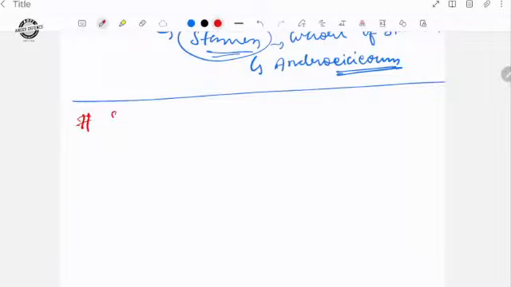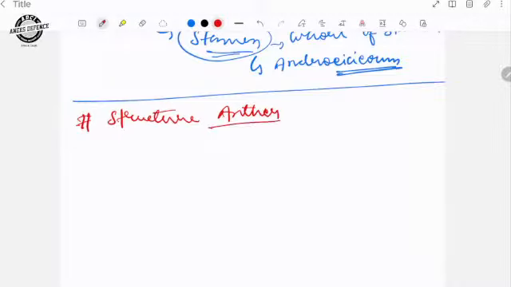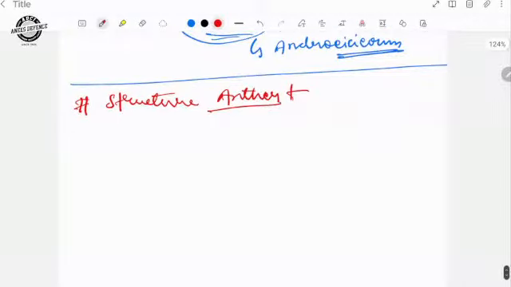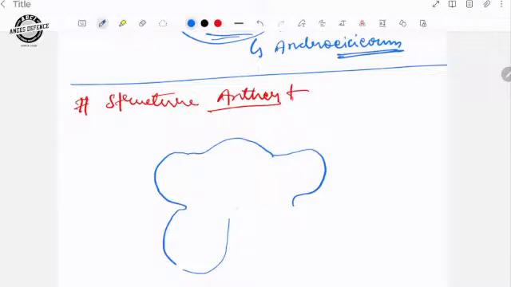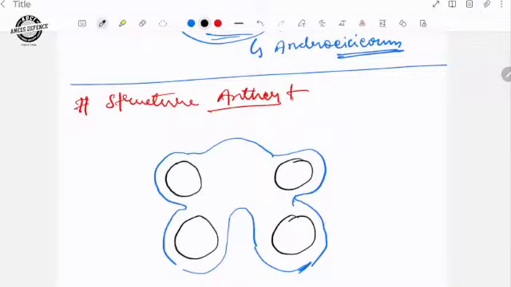First, we see the structure of the anther. We try to understand the things from the figure only, because we do not have that much time to understand each and every thing that we did in the class. This is the figure. We can assume one figure is here, one is this, one is this, one is this, and one is this.